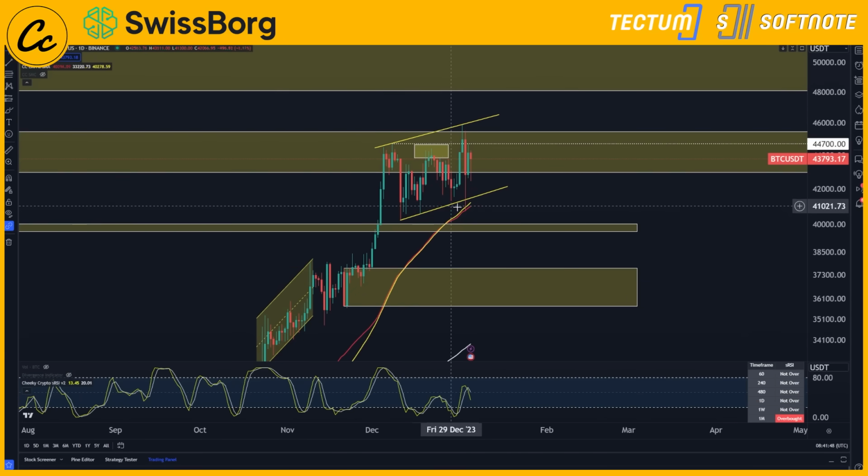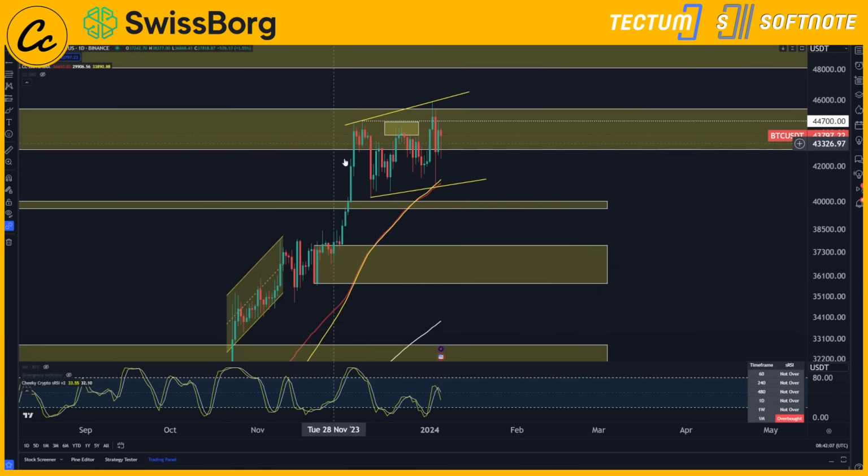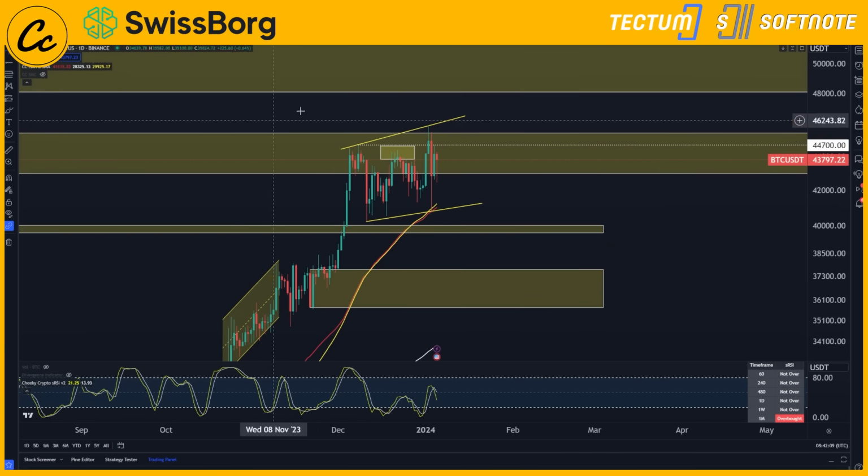Our daily time frame, we did see that move down lower, and it has a new low, I believe. Let me go ahead and, no, it doesn't. Okay, so it's a higher low still, so that's still good. We just have to adjust our trend line to suit where that sits. So you can see it's not really parallel anymore. So we do find ourselves in a bit of a situation. This is still bearish here on the daily time frame. Higher highs, higher lows will have a tendency to break on down.